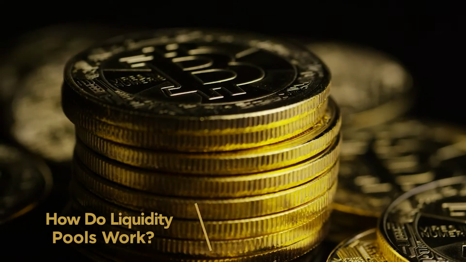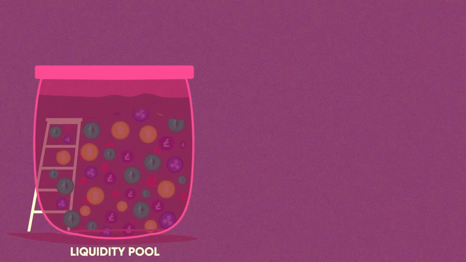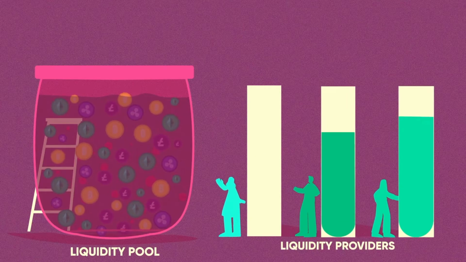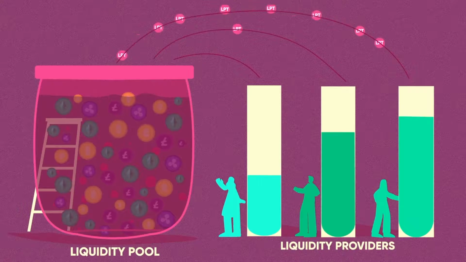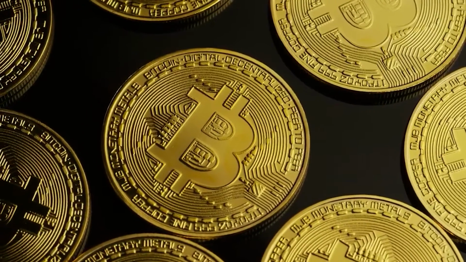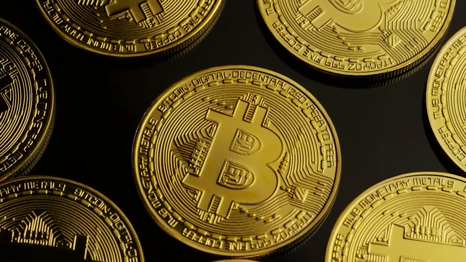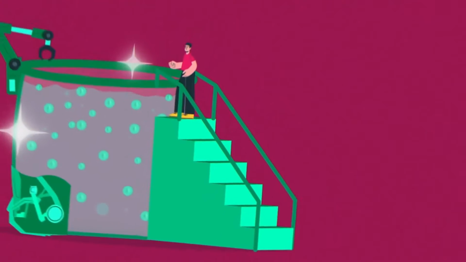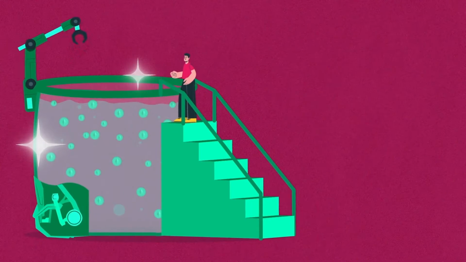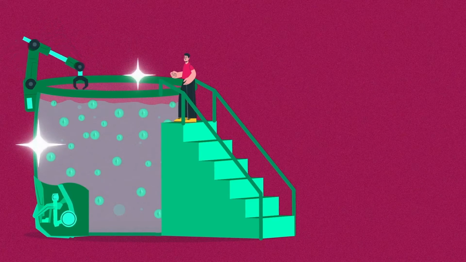How do liquidity pools work? Okay, so now we're getting into it. A liquidity pool must be designed so that it incentivizes liquidity providers to stake their assets for the pool. That's why most liquidity providers end up earning the trading fees and get rewarded in more crypto from the exchanges where they pool their tokens. If a user gives a pool some of their assets for liquidity, the provider can often be rewarded with liquidity provider tokens, or LP tokens.